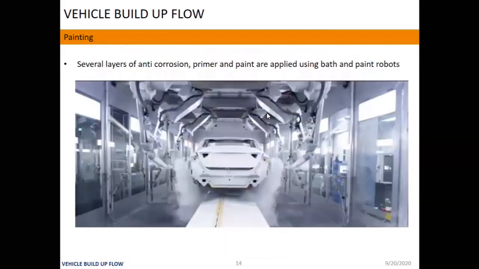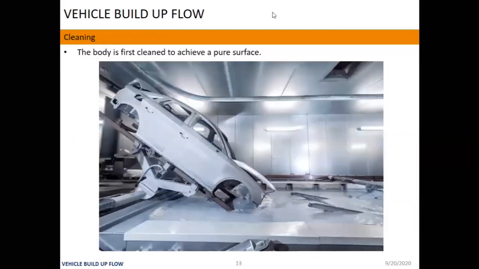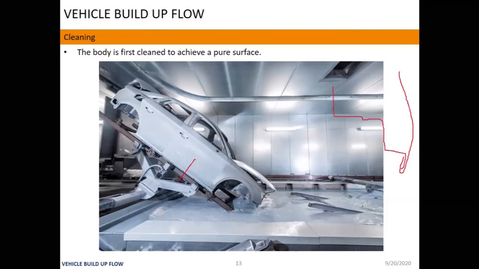Suppose I take a section for you, the door area. Take the sections over there. My door outer panel will be like this, with hemming, and my inner panel will be like this. This is the hemming frame, inner design, straight sealing curve, small curve, and the surface. So that is my inner panel, and this is my outer panel.